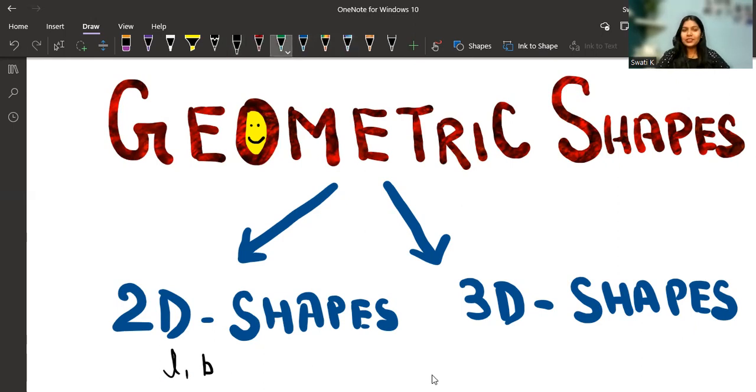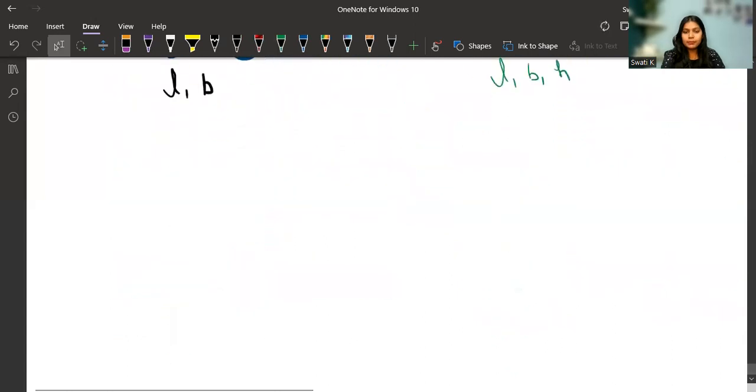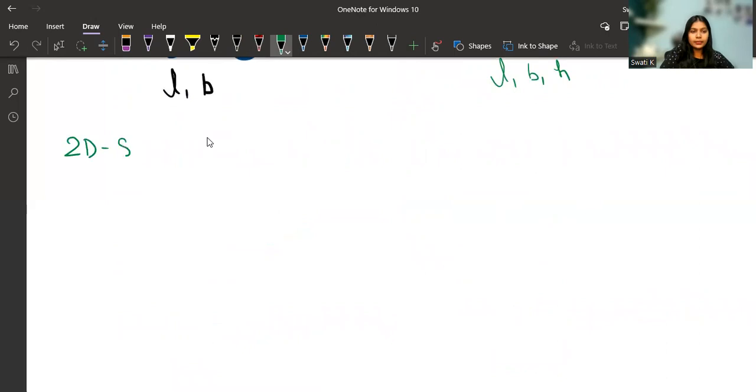All right, so next one is the 3D shapes. Of course, in 3D, we have three dimensions. So the first one is length, breadth, and we have height. Okay, so this is the difference between 2D and 3D. Now, when we are talking about two-dimensional shapes and three-dimensional shapes, it's very important to talk about some examples. So what I'll do, I'll simply write down 2D shapes